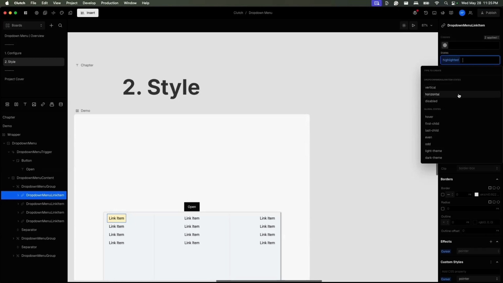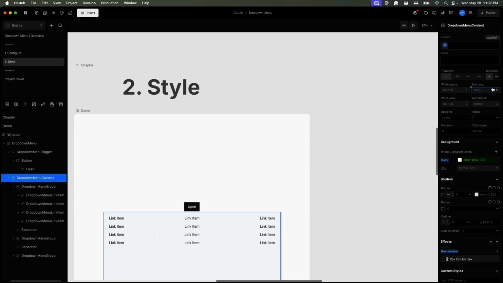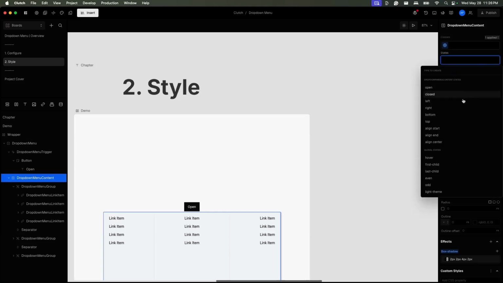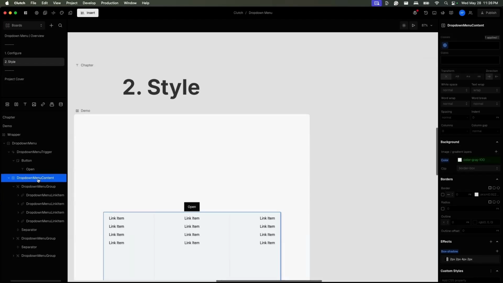The other states are for whenever you want to style it vertical and horizontal, and also for the disabled state. Just double checking to see if there's any states that are exposed here. So there's plenty of other states with the drop-down menu content, depending on how you have aligned the drop-down menu. This reminds me of some of the options that we should probably have covered while going over configure. Slipped my mind, but